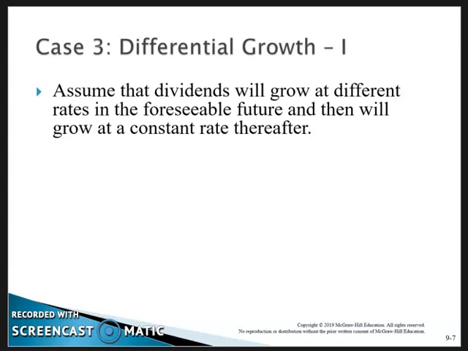Okay, so differential growth. We'll have dividends that grow at different rates for the foreseeable future, and then grow at a constant rate thereafter. The most common forms are: we're given a series of dividends, and we'll use those to calculate the value of the stock. Or we can be given, for example, D0, and be told that it's going to grow at X% for 3 years, and then at some other, usually lower percentage for